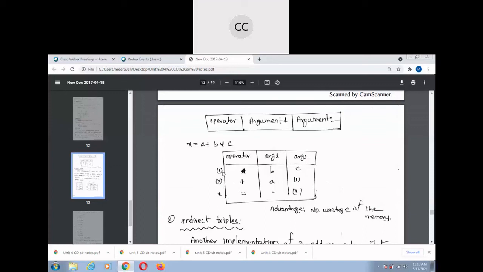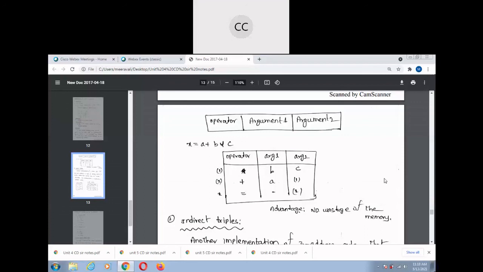That is our intention. Here, star B is the first statement. Next is some operator with statement 1, and finally we place X. So what is the advantage? No wastage of memory.